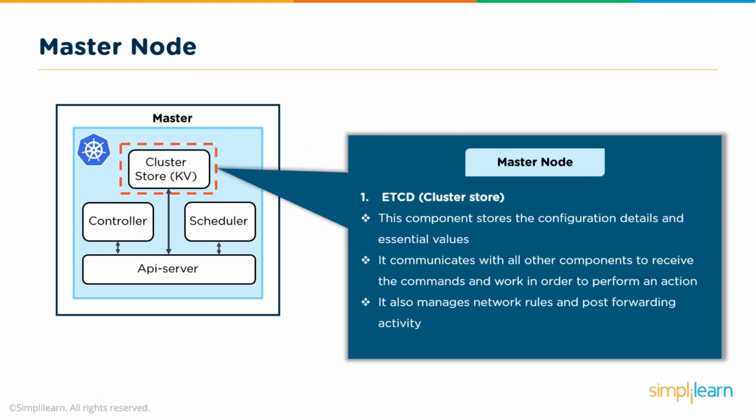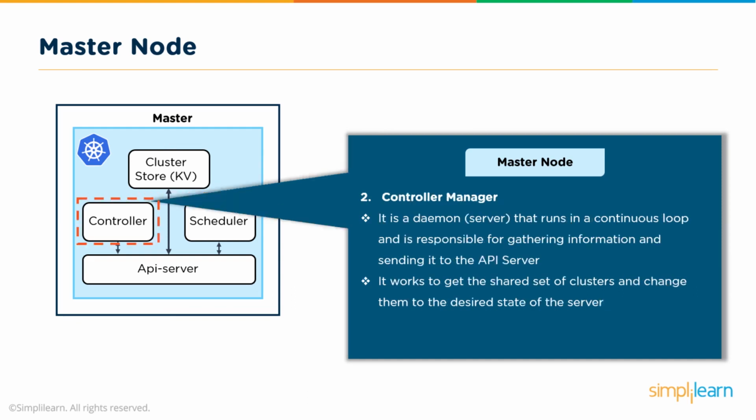The cluster store manages the details and values that you've developed on your local workstation, and will work with the controller, scheduler, and API server to communicate those instructions of how your infrastructure should look to your entire network. The control manager is really an API server, and again, this is all about security. So we use RESTful APIs, which can be packaged in SSL to communicate back and forth across your pods and the master, and indeed the services within each of them as well. So at every single layer of abstraction, the communication is secure.